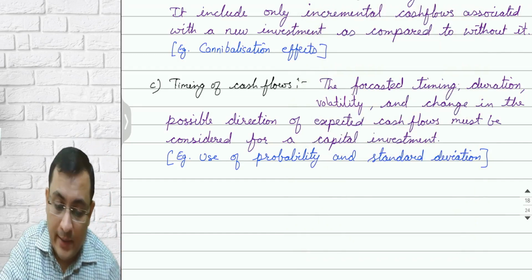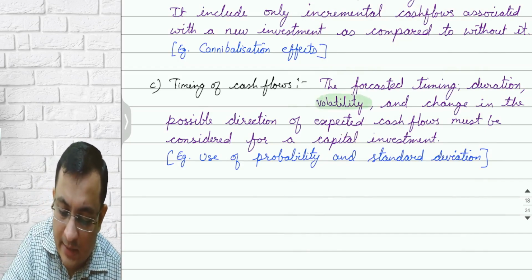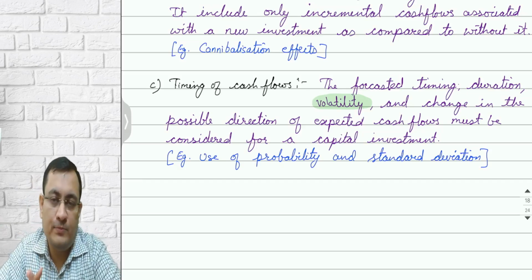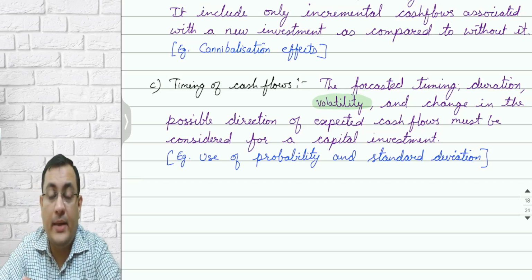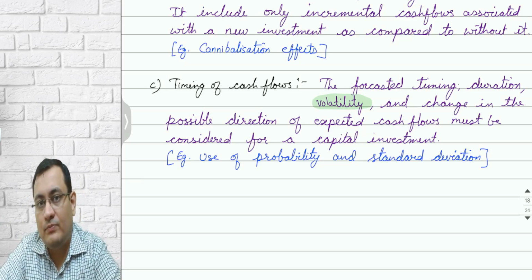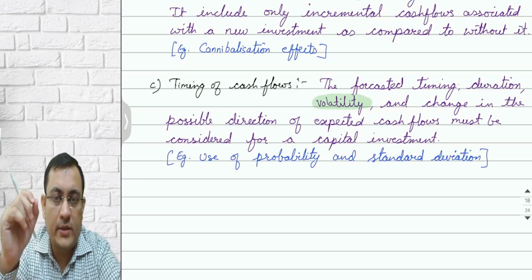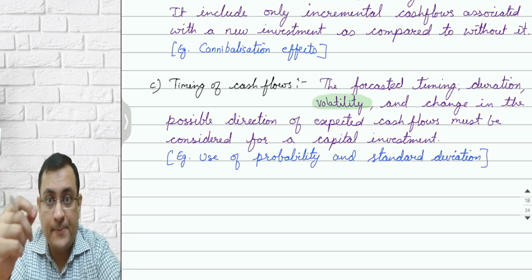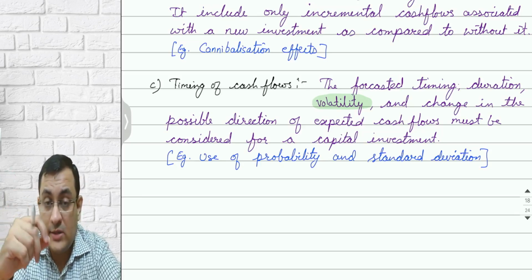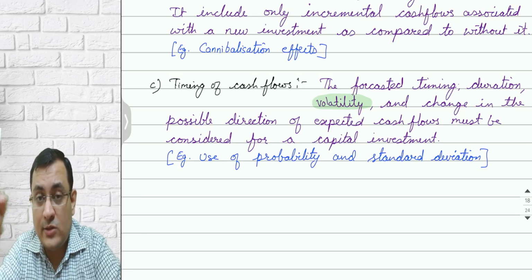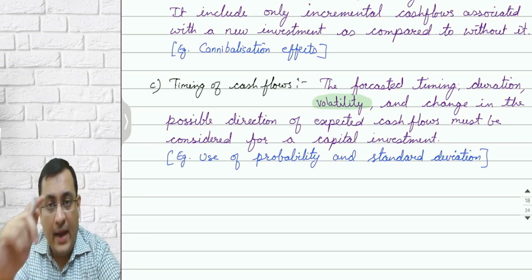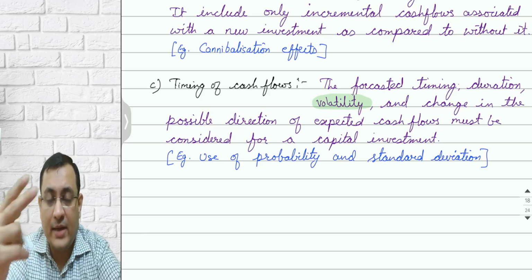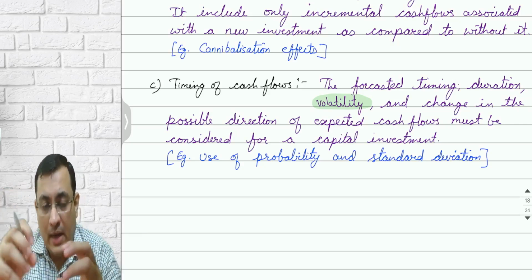When they say volatility, it means they are saying you should be considering the risk aspect also when you are doing the investment analysis of NPV or IRR. It means you should be considering your probability of cash flow. What is the expected probability, the chances of getting that cash flow? And even the risk side, standard deviation, variance of that cash flow or variance of NPV while making the decision